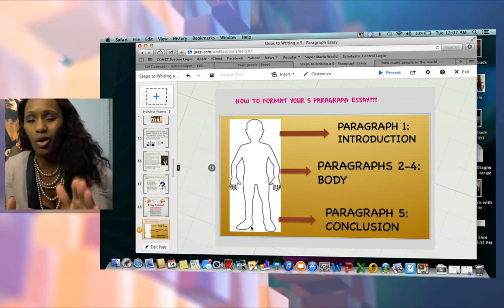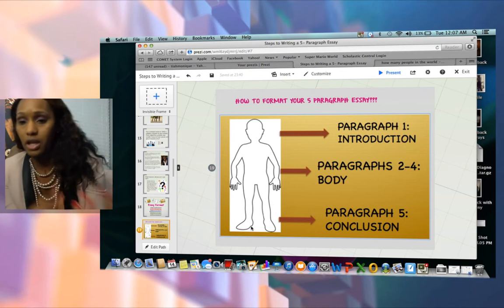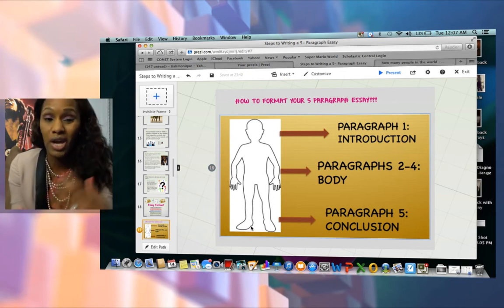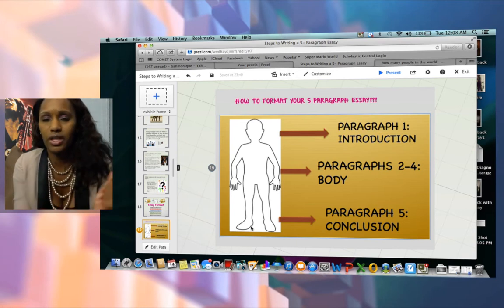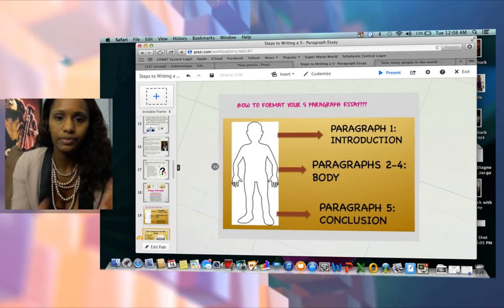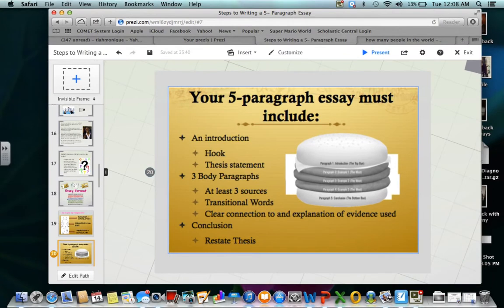Again, we're going to break all these down one by one. I'll give you opportunity to do them, fix it up at home, come and do some peer editing. Miss Coley will be able to look over some of it. For the most part, we'll really take it slow enough where you'll really get it down pat. Okay? So next up, your 5 paragraph essay must include. This is another cool way, just in case you're not into the whole format of the person and the body. Another cool way is to look at it kind of like a sandwich or a hamburger.